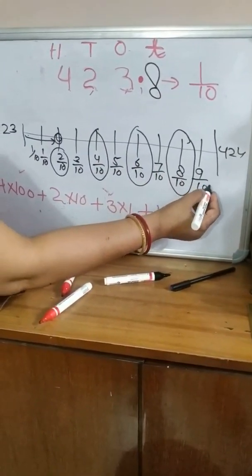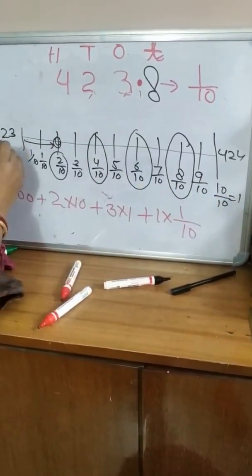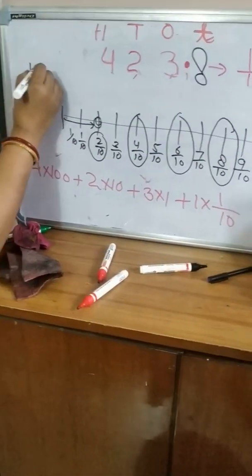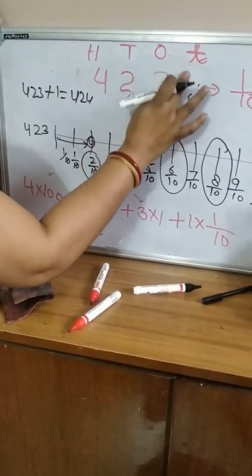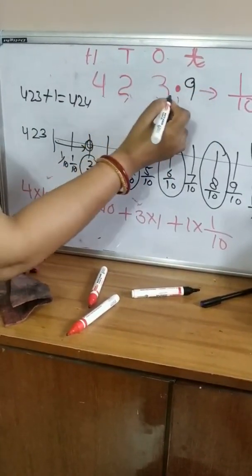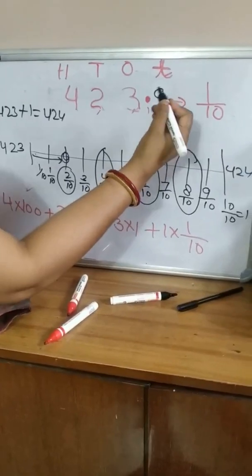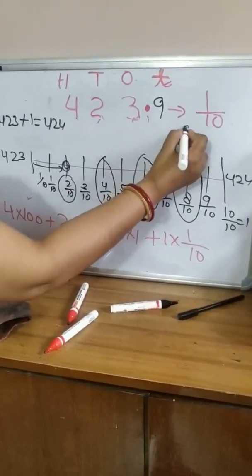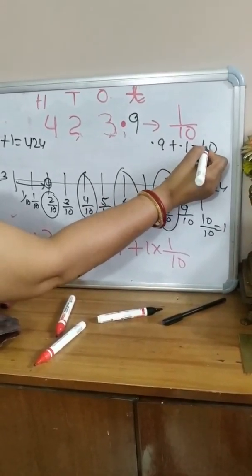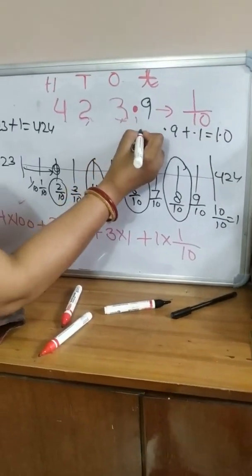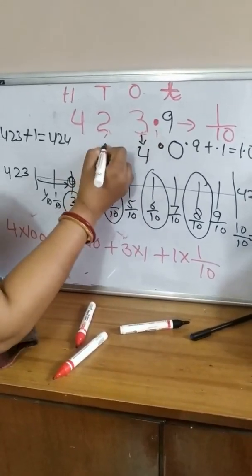What happens when it will be 10/10? 10/10 means it is 1. And this 423 will be added with 1. It becomes 424. So when it comes to 9, it is 423. But again, when I am moving further towards the right, that is again adding 0.1, then what happens? This 9.9 plus 0.1 becomes 10. Okay, this is 10.0. So what happens here at the decimal part, it will become 0 and 3 will convert into 4 and then 2, then 4.